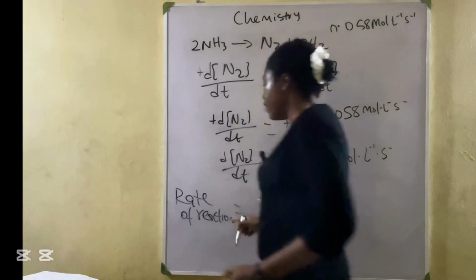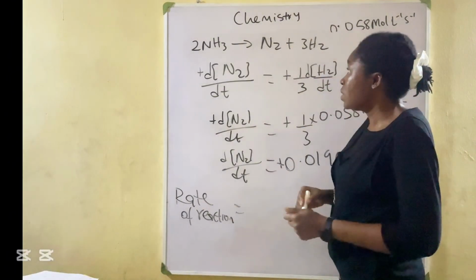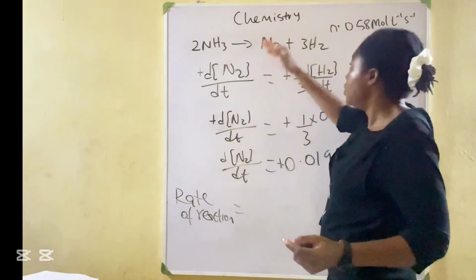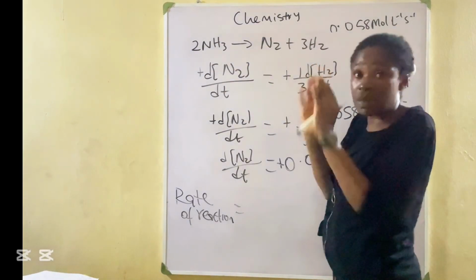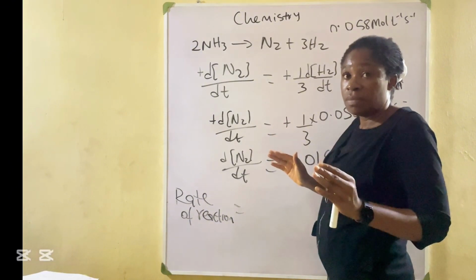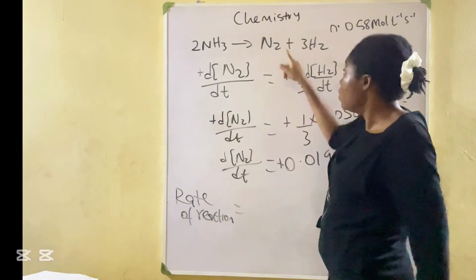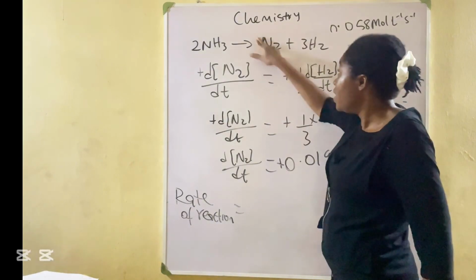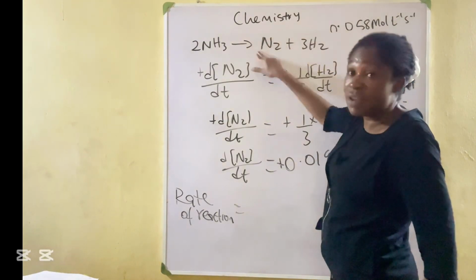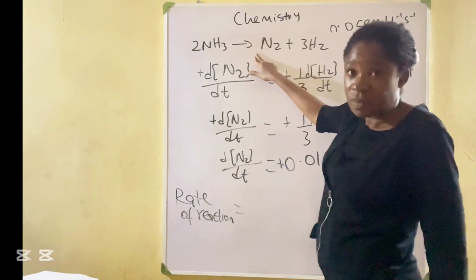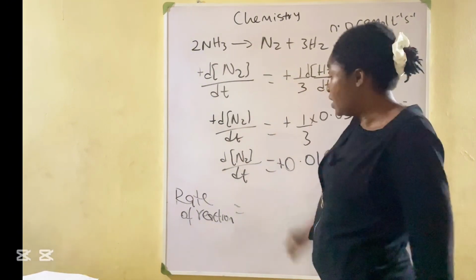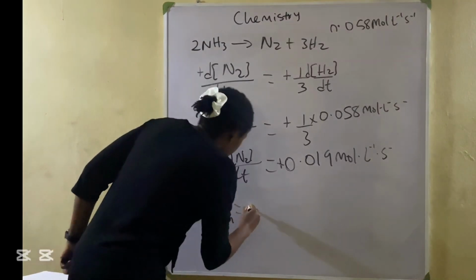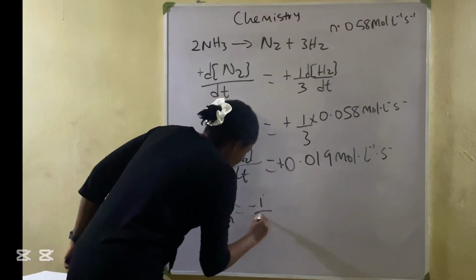So remember the formula I gave for rate of reaction. Rate of reaction is equal to the rate of decomposition of ammonia, or formation of nitrogen. Any one will give you the same answer. The rate of reaction will give you the value of the species that has a coefficient of 1. The value of that rate of reaction gives you the same answer as the one whose coefficient is 1. So minus 1/2